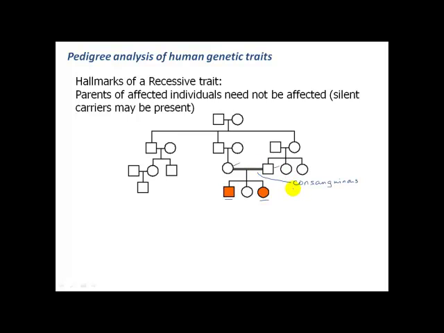Now in the Western world this is not as common as it was, say, maybe 100 years ago. It's very much frowned upon. But in other parts of the world it's still really, really common to have matings between particularly second cousins and beyond. And this consanguineous mating can be associated with an increased risk for